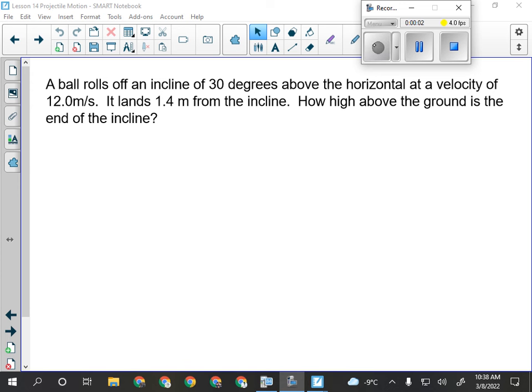So this would be about as involved as a projectile motion question would get for Physics 20. Okay? We actually once, when we had IB here, the International Baccalaureate program, it's like crazy hard. We actually had a projectile motion question where the person fired the projectile from an elevator that was moving upwards. Oh yeah, it takes like an hour for someone who's good at physics to do that question, because